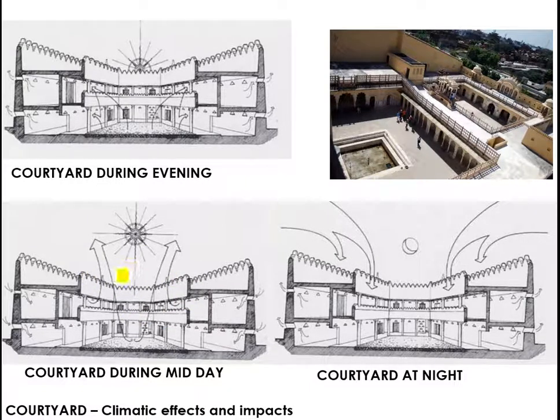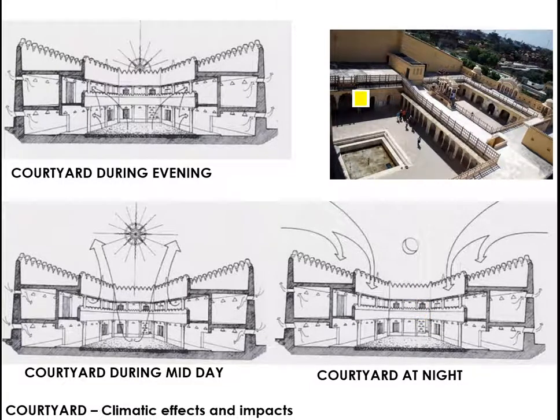We have seen that if there is an opening, the hot air tries to ascend. So all the hot air will rise because of the openings at midday, and during the evening, the warm air which has already built up will slowly go outside the building because the atmosphere has cooled down. So there is an air exchange because of the atmospheric cooling, and whatever heat has built up inside the building tries to go outside through the courtyard. During the night, after the heat has traveled up, the volume gets filled up by cooler air. That is a very important technique in the courtyard.